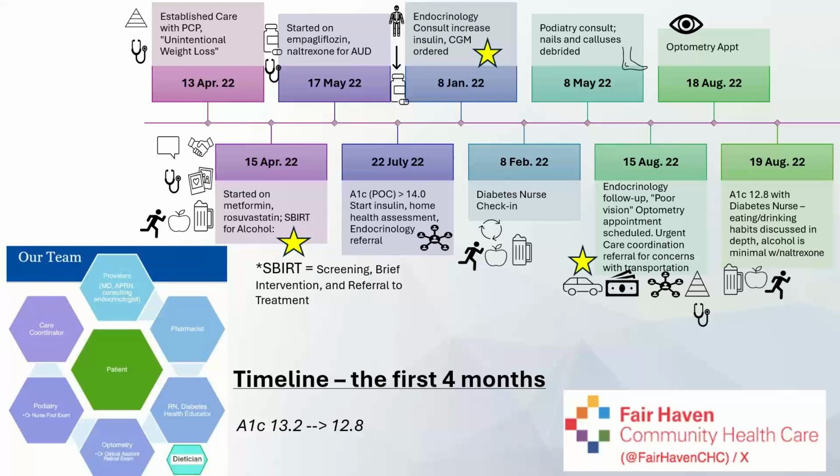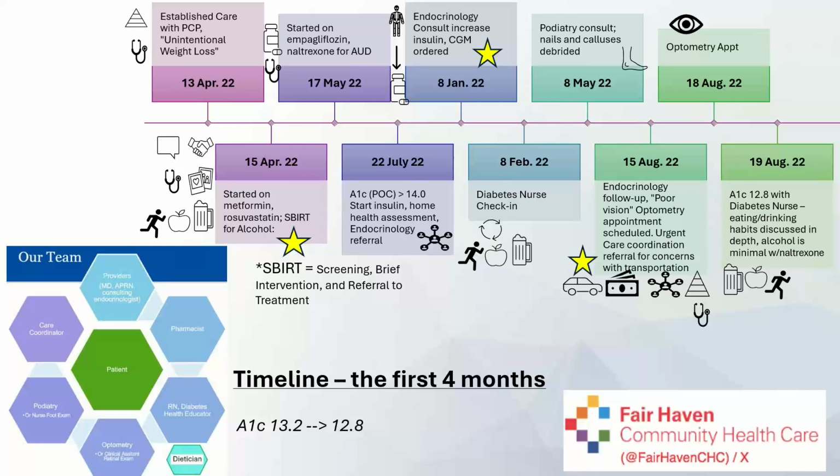So this is the case. And I'm going to say that there are some typos here. PowerPoint, I don't know if it was because of the European flavor that I had from Van Gogh, but it kind of mixed up some of my dates. But basically, this is the first 4 months of the person's care. So it really should be April to August of 2022. The January, February dates there in July, those are really supposed to be between April and August. But suffice it to say that this was the first 4 months of this patient's care,